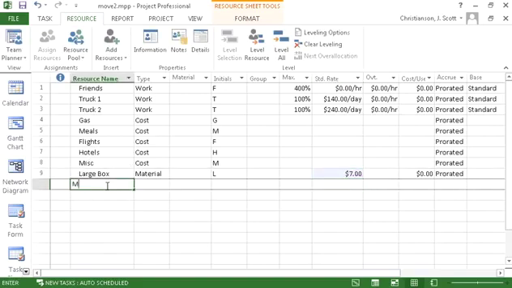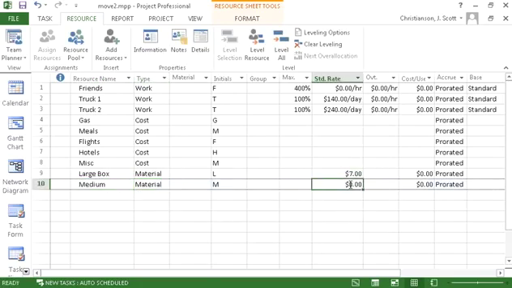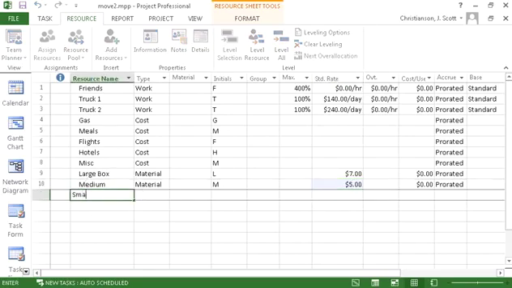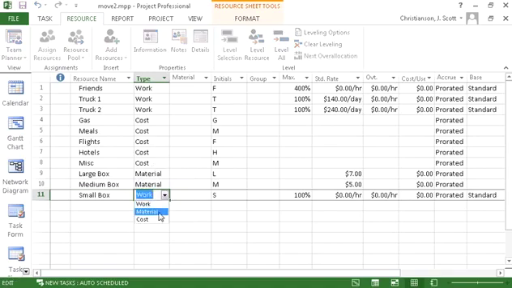And then he's going to also have some medium boxes. It's also going to be a material, and it's going to cost him $5 for the medium boxes. And then small boxes, back and change that there so it says box so I don't get confused. That's also going to be a material resource, and that's going to cost, let's just say that's only $4